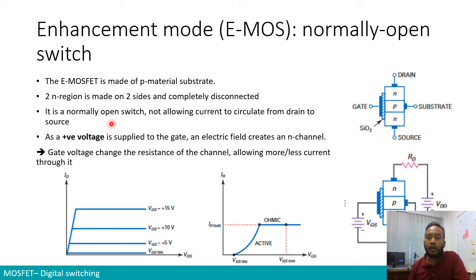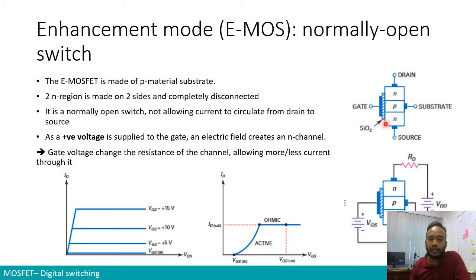So it is a normally open switch. Open switch means it is normally an off circuit, right? Not allowing any current to circulate between the drain and the source. So as positive voltage is applied in the gate, VGS is applied positively, what's going to happen is that the electric field creates the channel connection between the N material, therefore allowing the current